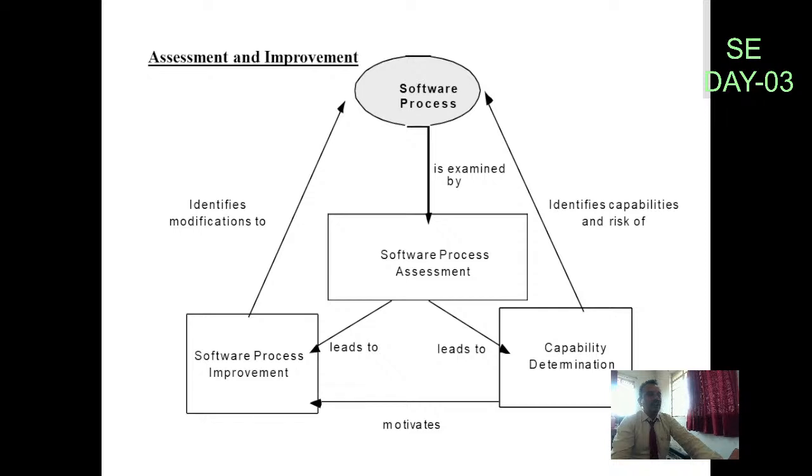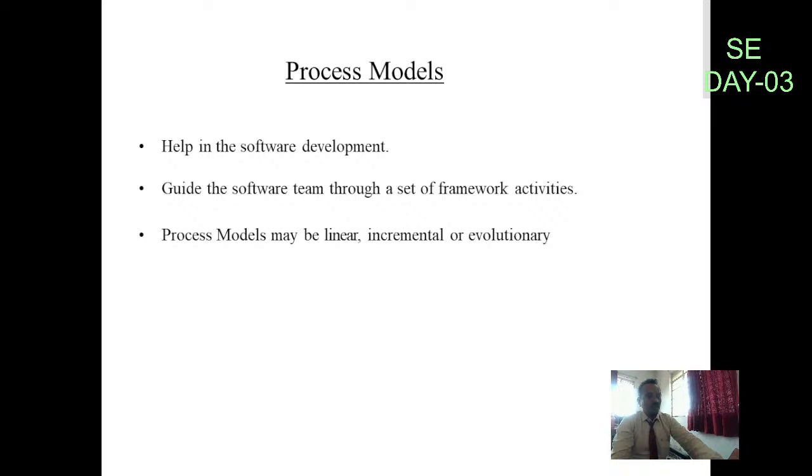And coming to the major functionality of capability determination, it identifies the kinds of capabilities and kinds of risks inside the software process. This recording we will discuss about assessment and improvement, and after completion of the topic yesterday we will discuss about